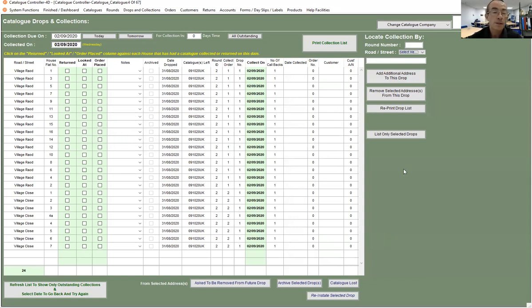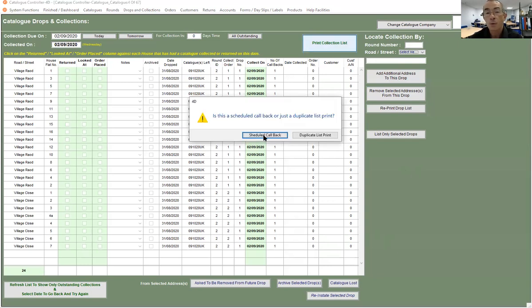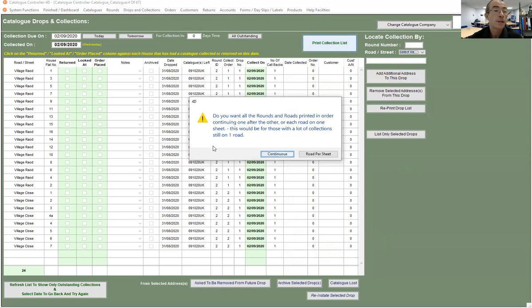So again, if you need to reprint that sheet for whatever reason, just say Print Collection List, because you can see here now we've got number of callbacks is 1. So if I was to say a scheduled callback, that would make it number 2, but it's not. I just want a copy of that list. So I just print duplicate list, print continuous,